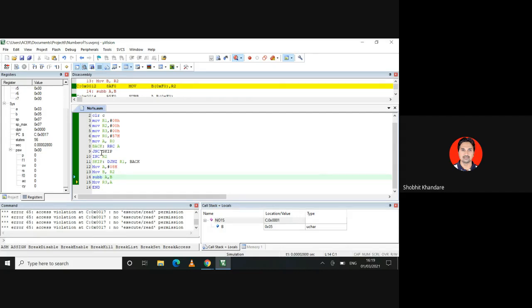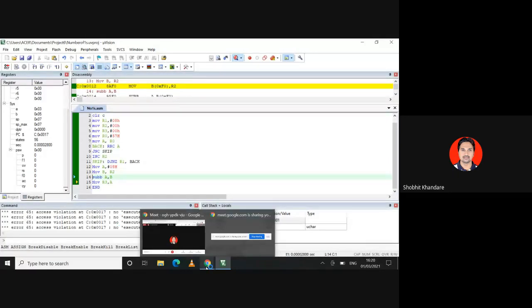I want the algorithm and the flowchart for the two problem statements, and take the printout of the code and the output and submit by Saturday evening. Is it fine? Yes, sir. Okay.